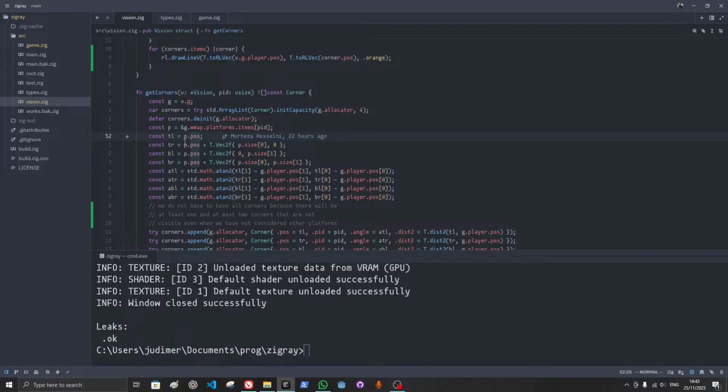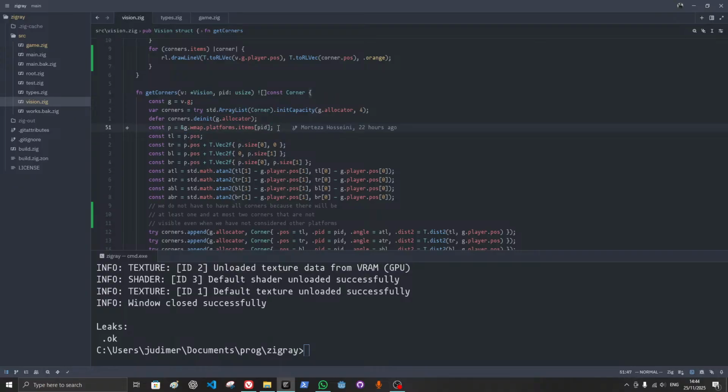Here we are considering all the corners of the platform, but we should only consider those parts of the platform that the player is able to see. To do that, for example, for top left, it should be between